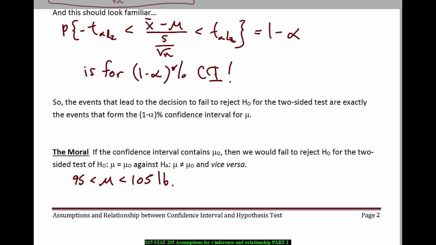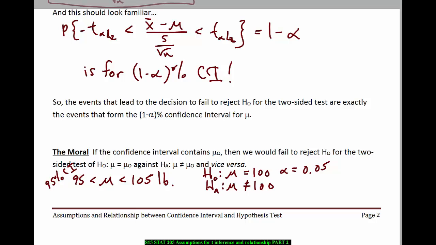Now, if I would want to use that same data set to do a test for the null hypothesis that mu equals 100 against the alternative that mu does not equal 100, that's the two-sided test at the 5% significance level, and this is a 95% confidence interval,